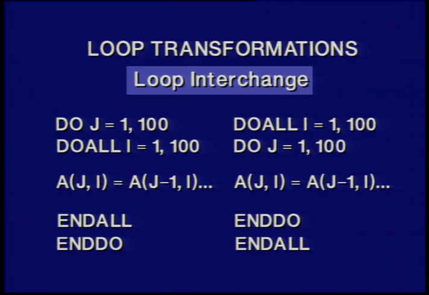Let's go back to the example I had earlier, these two DO loops, where we were able to form the inner DO loop into a DO ALL. And the outer DO loop was going to be executed sequentially because of the reference patterns to storage due to the J subscript. Well, that's not a very efficient program, but we can do loop interchange as an example and get the parallel processes on the outside, and have each parallel process do the 100 iterations of the J loop inside, much more efficient than the original. This is a simple example, but one that's, of course, important.